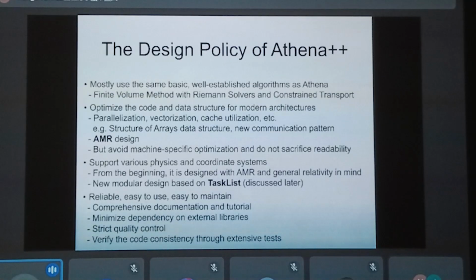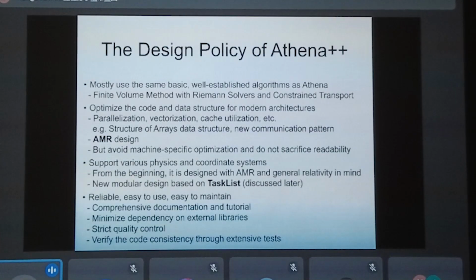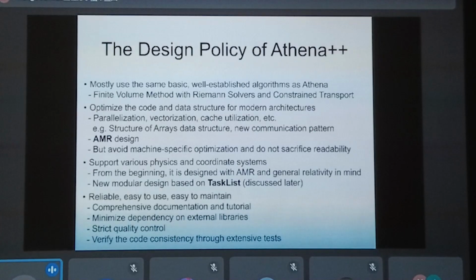So we prepared a comprehensive documentation and tutorial website so that everyone can learn it online for himself or herself. Also, we minimize dependency on external libraries. Athena++ only requires the MPI library, and optionally it uses the HDF5 library for output, but HDF5 is also not required.